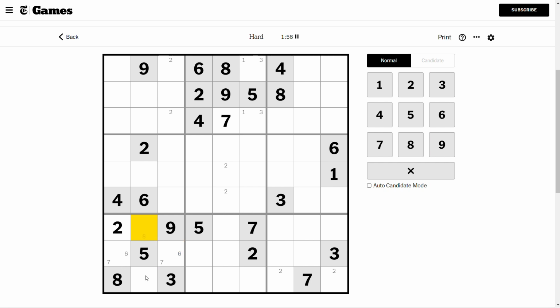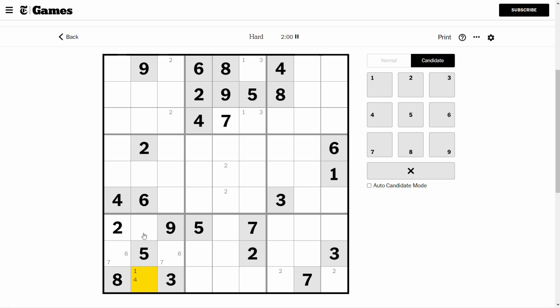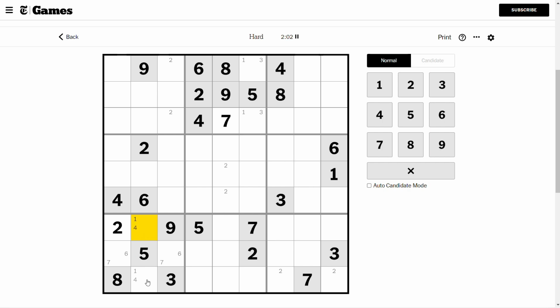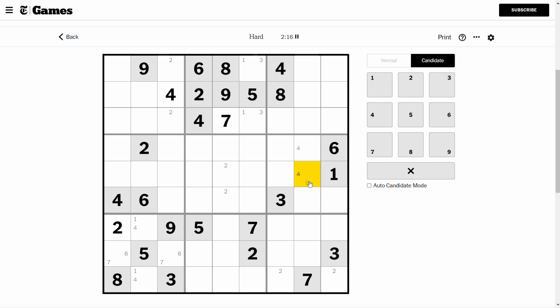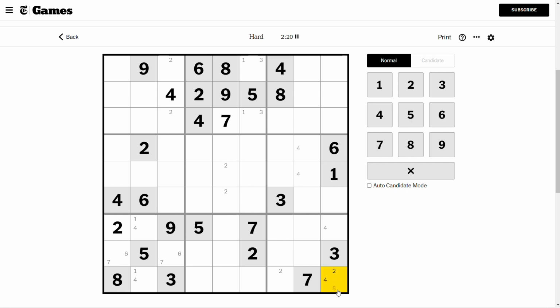So that makes the other 2 cells in block 7 a 1-4 pair. So 4's here, and this 4 points up. With these 4's, they force the digit 4 into this cell in block 1. This 4 points down, and this 4 points right. So in block 6, the digit 4 is forced into column 8, and then these 4's point down. Now,